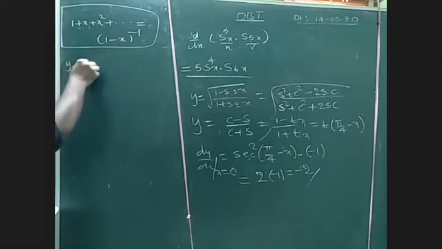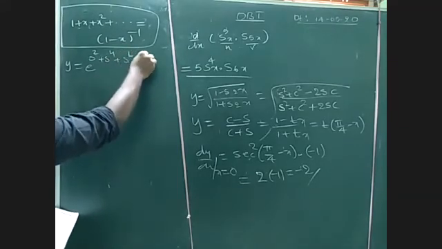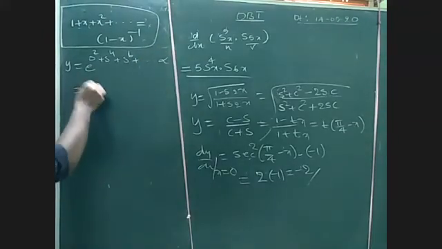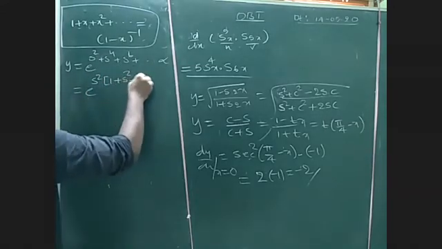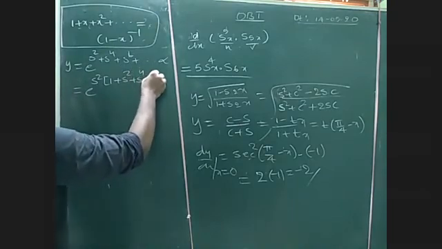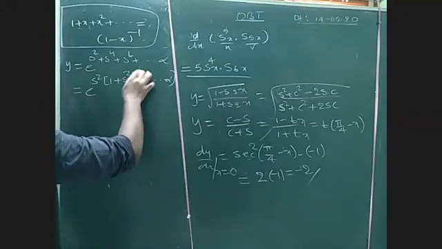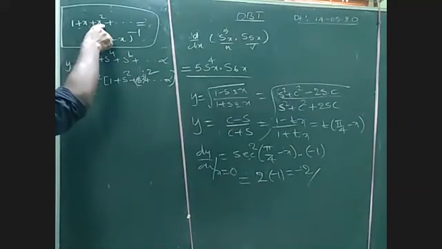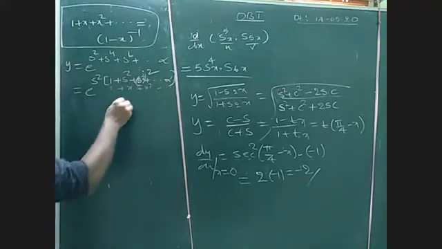So they have given y is equal to e power (sin square plus sin power 4 plus sin power 6 plus so on up to infinity). Here in e power, sin square is common: 1 plus sin square plus sin power 4 plus so on up to infinity. Sin power 4 can be written as sin square whole square. This is the same as the formula, 1 plus x plus x square, so the x value is sin square.